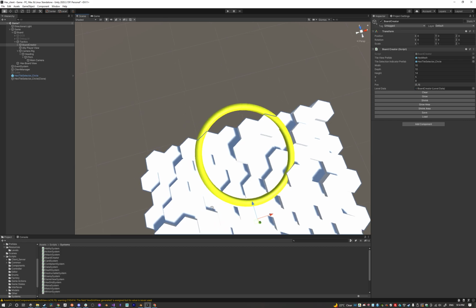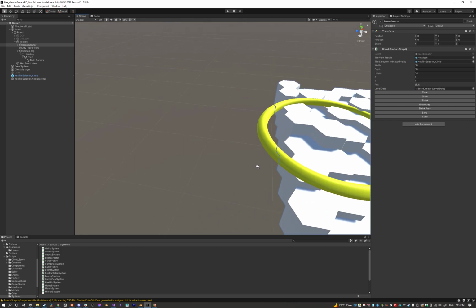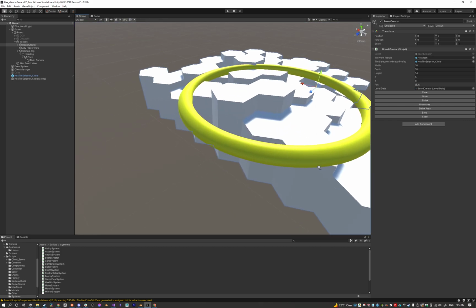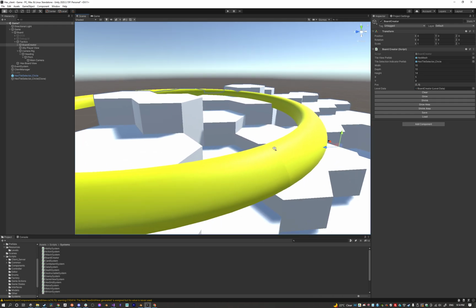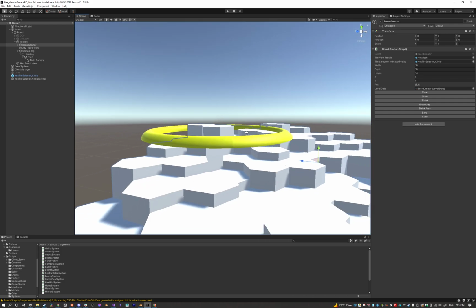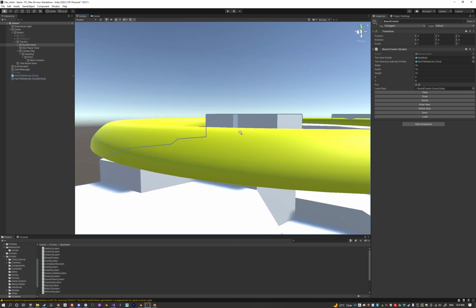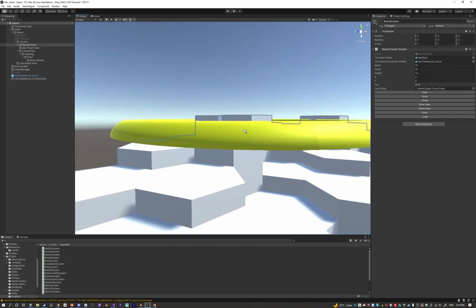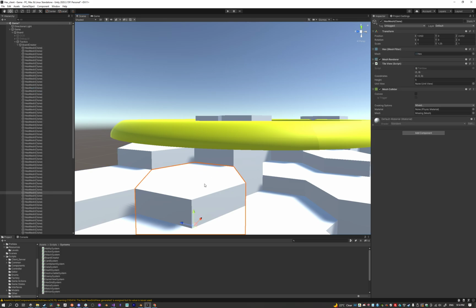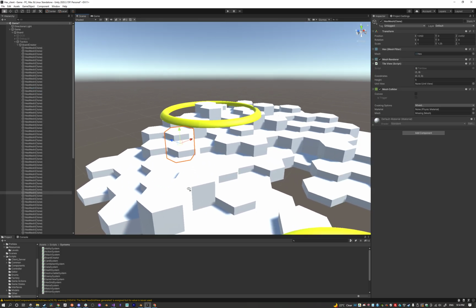It's hard to tell which one I'm on. So I'm on this highest one right here. But I'm definitely under it. Funny, eh? It must be that my actual hex default